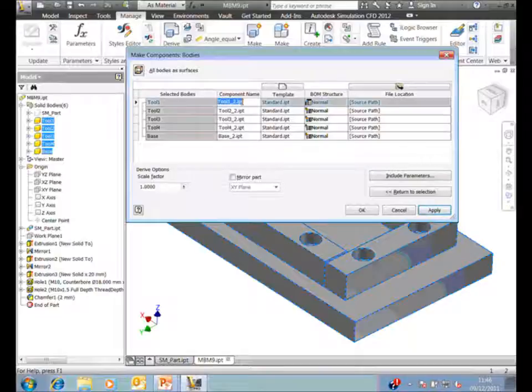But these can be changed in here. You can overwrite these and call these whatever you like. What template do you want to use? What bill of materials structure? You may want to change this to purchased, for instance. And the source path is as per the workspace you're working in. So if we click on OK on that, that will now create us an assembly